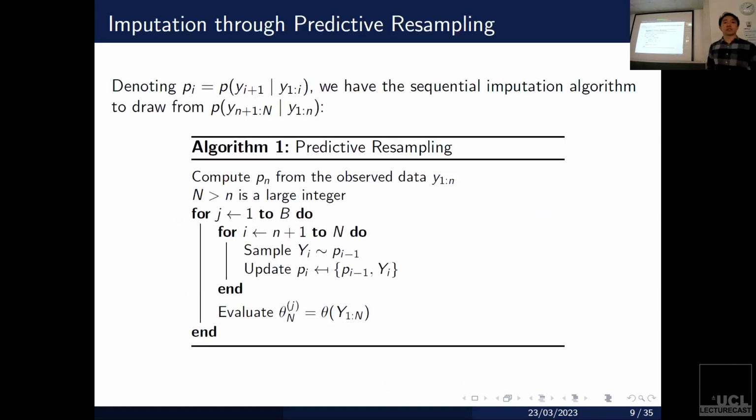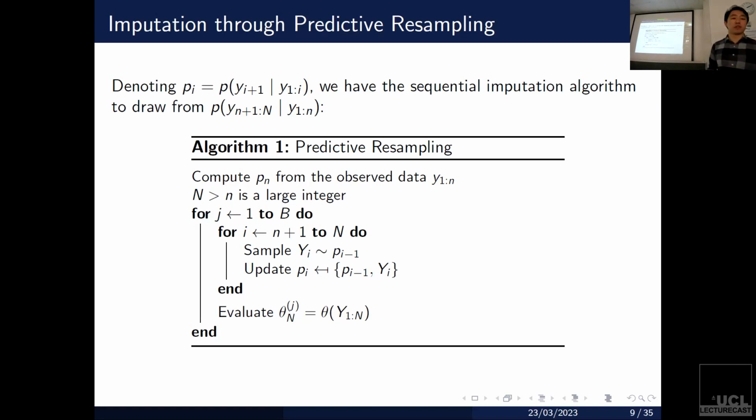So I mentioned this term predictive resampling earlier, and I've just assumed that you can draw this big joint sample from this joint population. You can actually do it in this one step ahead manner, which is much more computationally feasible. So the idea here is to break down this big joint P of yn+1 to infinity, or capital N, into a sequence of one step ahead predictives and draw in this sequential imputation way. So we have this algorithm called predictive resampling, which essentially lets you draw yn+1 to infinity in an online way.